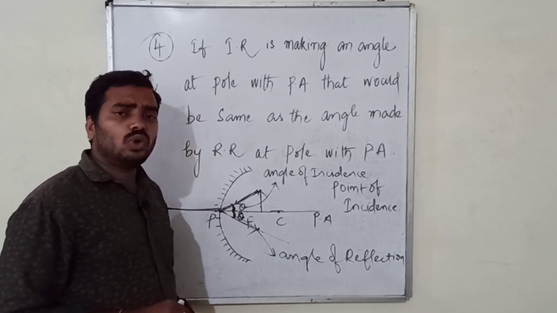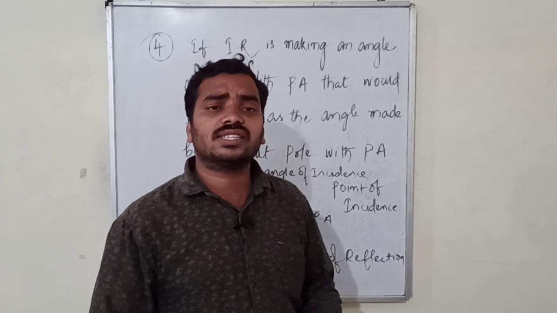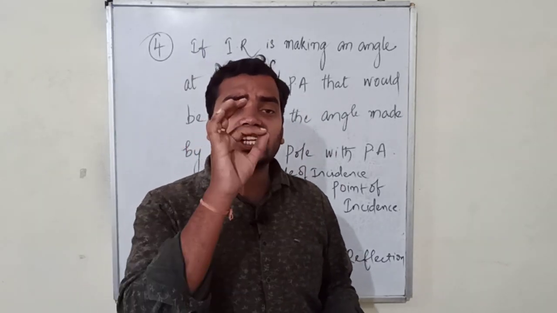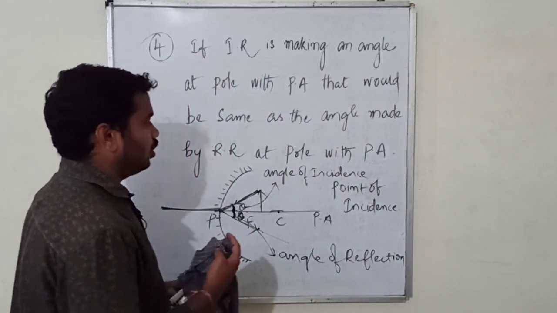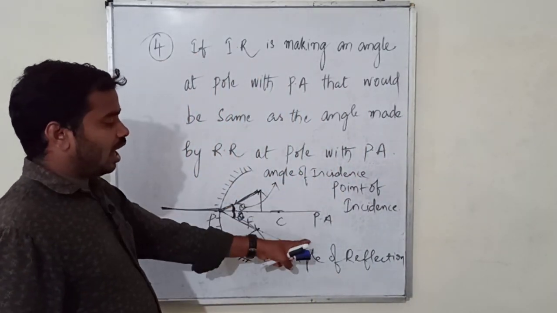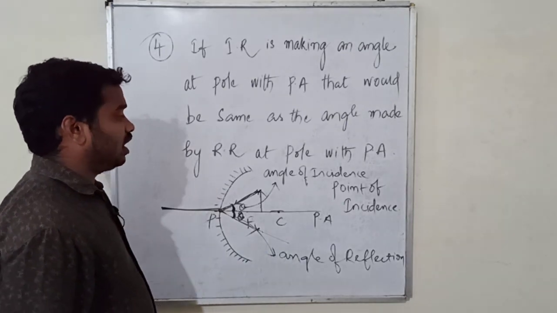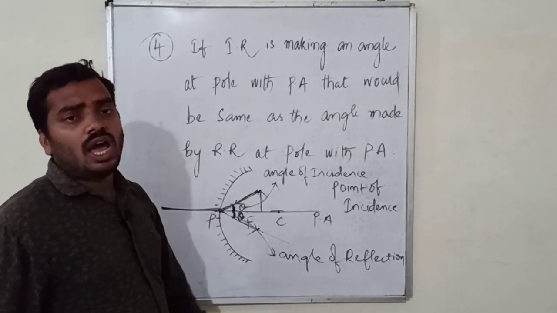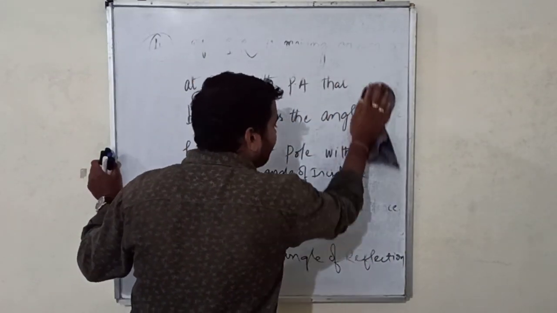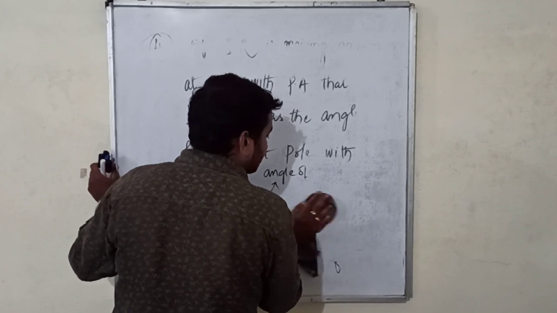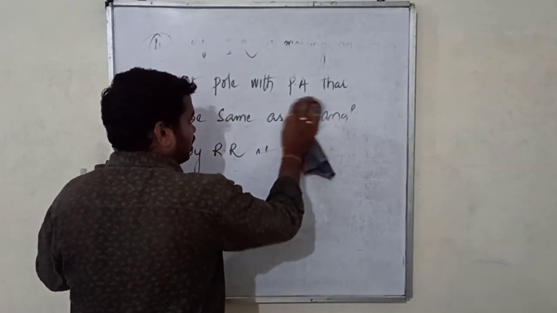Now I have told you how exactly the reflected ray will retrace the same path if the incident ray is passing through the center of curvature, right? So now, recalling the first law of reflection, that the angle of incidence is equal to the angle of reflection, based upon that law itself, the reflected ray is retracing the same path. Go to the first point of today's session discussion.